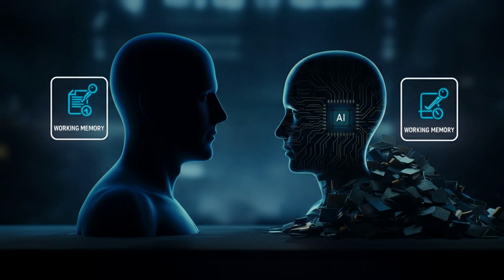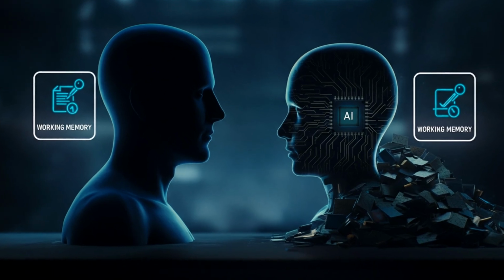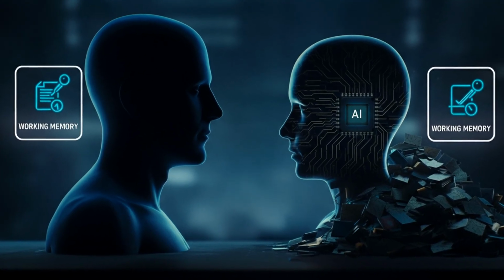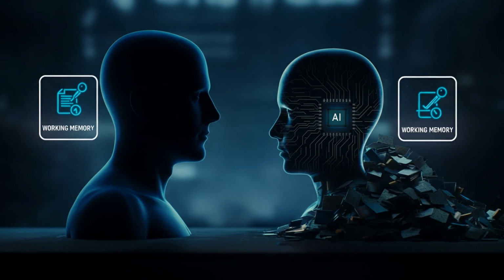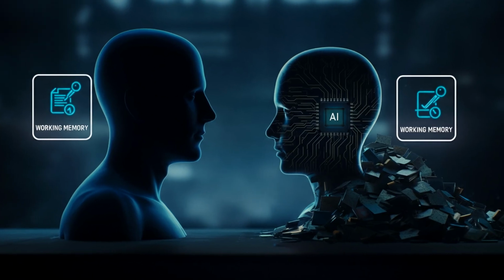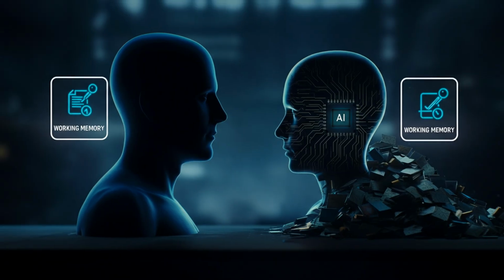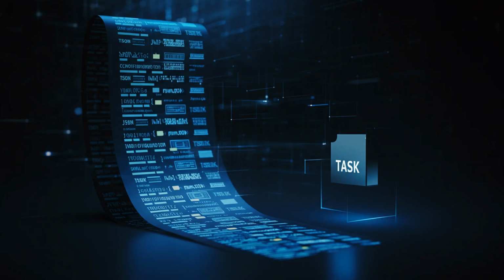First, let us talk about how your AI's brain actually works. Human psychology tells us our working memory holds maybe 4 to 7 chunks of information before errors spike. Give someone 50 tools and a laminated sheet for each, and they will start grabbing the wrong thing after number 20. Models are not magic here. They have a context window, not a soul. 8,000, 32,000, maybe 200,000 tokens of short-term memory. Stuff that window with tool manifests, and you push your real task off the edge.